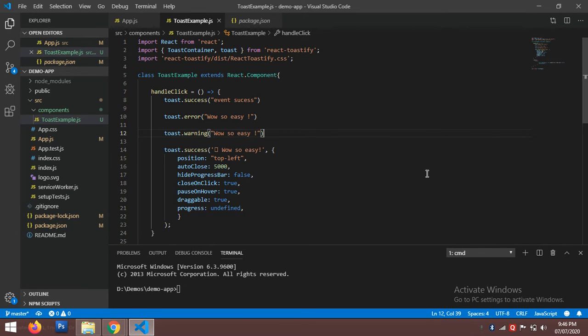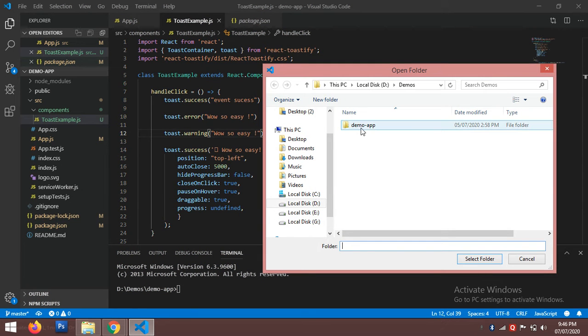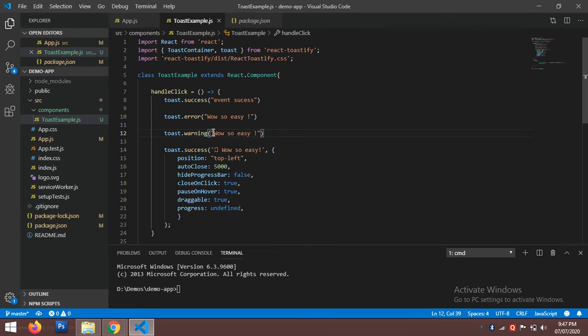So there are various options given in this editor. You can open your workspace, or you can say your project directory. For this purpose, you can go here and open a directory. So I am currently opening a demo app project, which is a React application we created. This will open the editor in this way, that your project is open in the left sidebar, and you can navigate through the file explorer, so you can see how many files are there in the project. So this is how you can open your project in the editor.